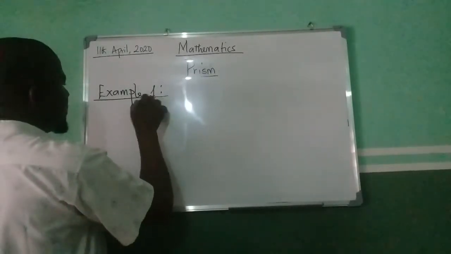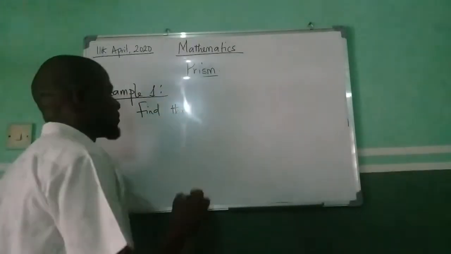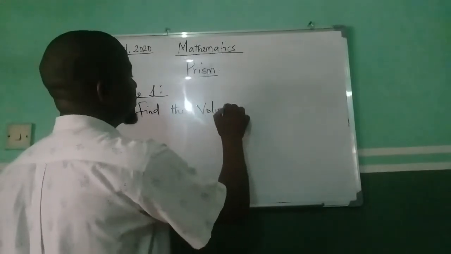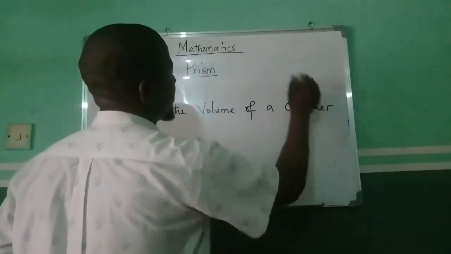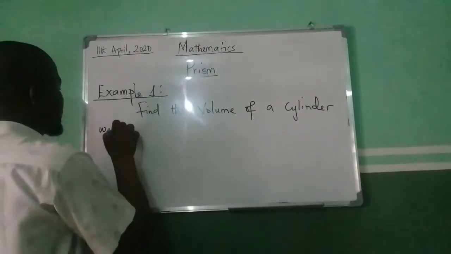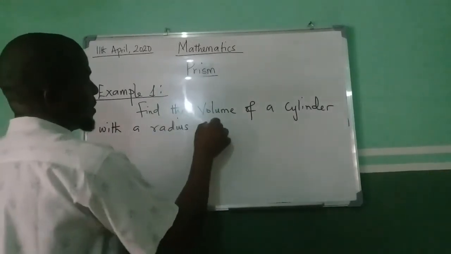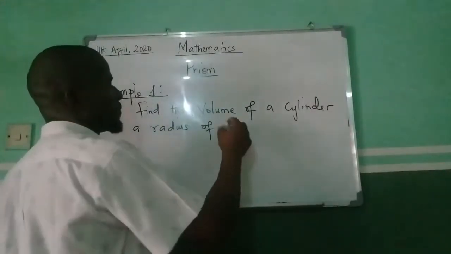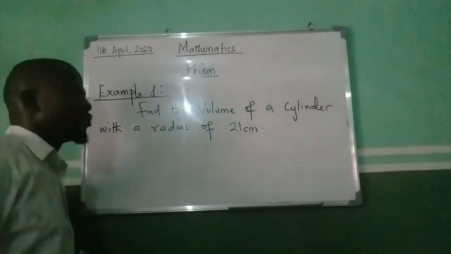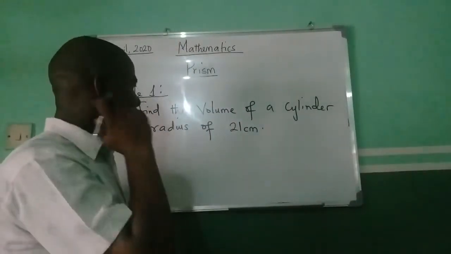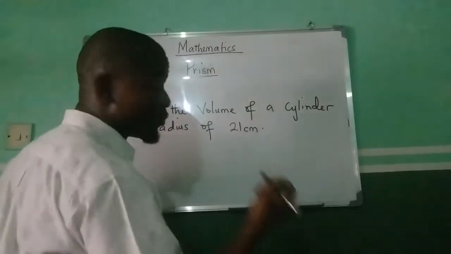You have to find the volume of a cylinder with a radius of 21 centimeters. Now, if this is the case, you are expected to, in most questions you will be asked to,